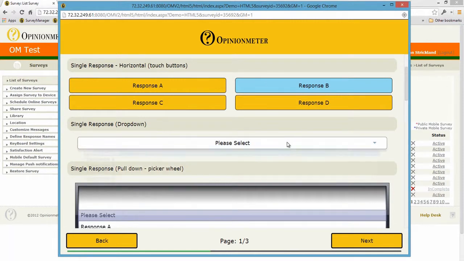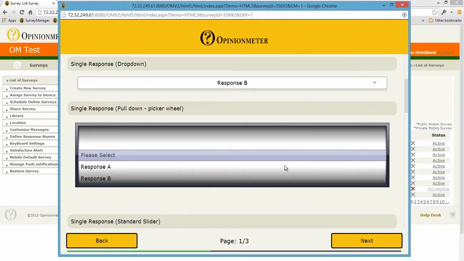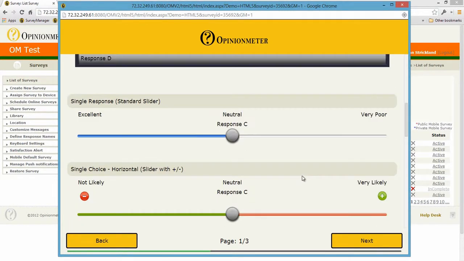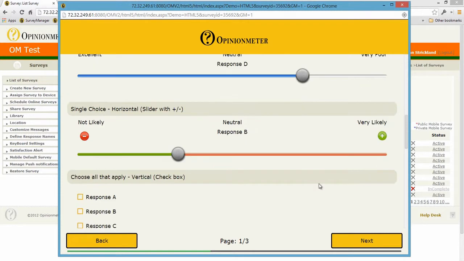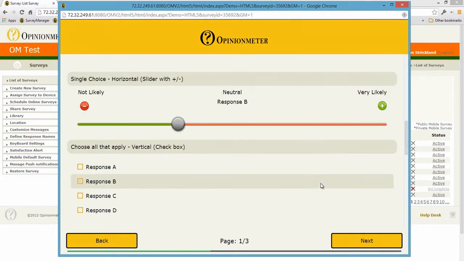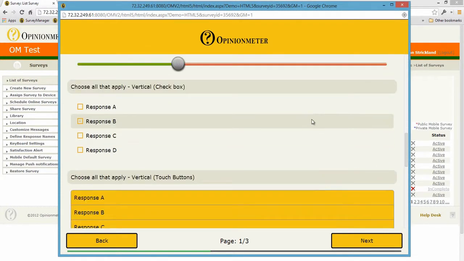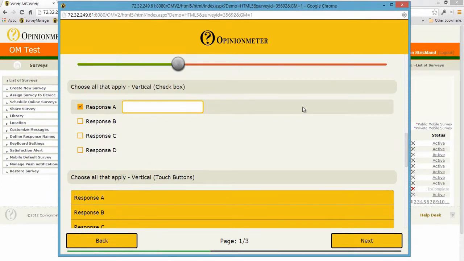Single response drop down, so it's a drop down. Or single response picker wheel, again more often used on a touchscreen device. So here's some various sliders that can be used for either a touch screen or a pointer device like a mouse. Choose all that apply, and here we have with an other comment that the user can type in an